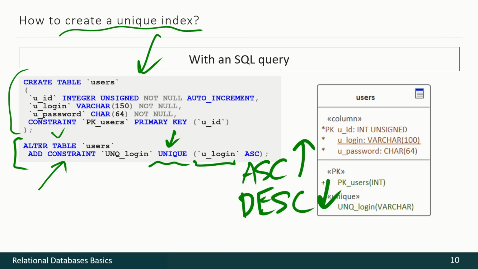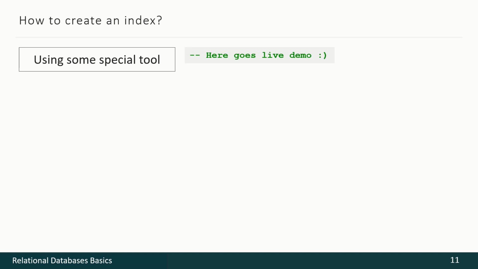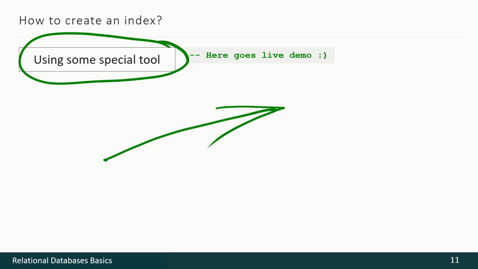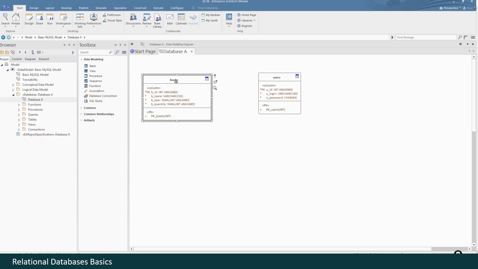Once again, this is all about index types, index differences, index varieties. And of course, we may use some special tool, in our case Sparx Enterprise Architect, and we shall see now how to do that. Imagine we have two tables, books and users, and we want to create some indexes. First of all, we want to create an index on book name.